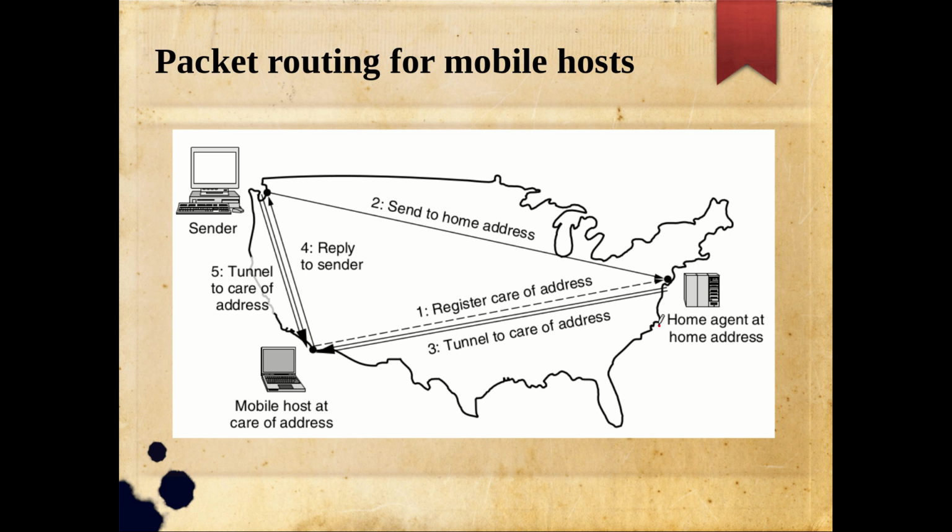First we have something called a home agent with a home address. This is the mobile host, at something called a care of address. So this is a mobile device. Actually this device is part of this particular network. When it was part of this original network, this is its home location, and as part of this network it has a permanent home address.